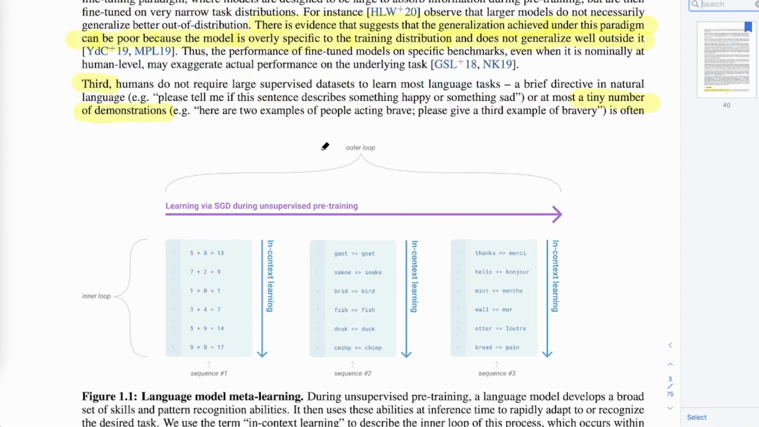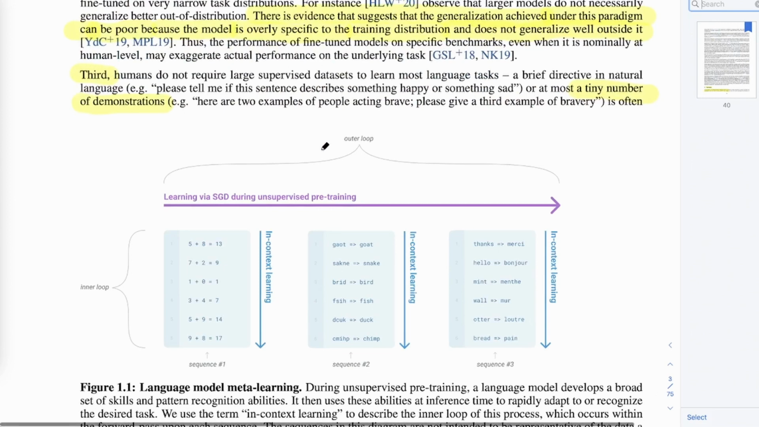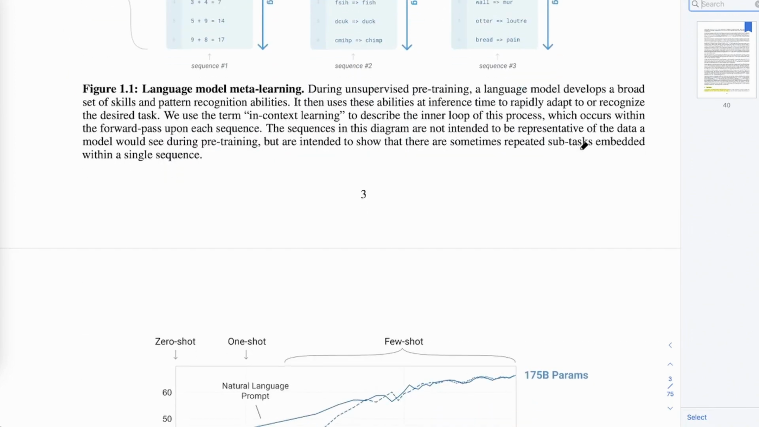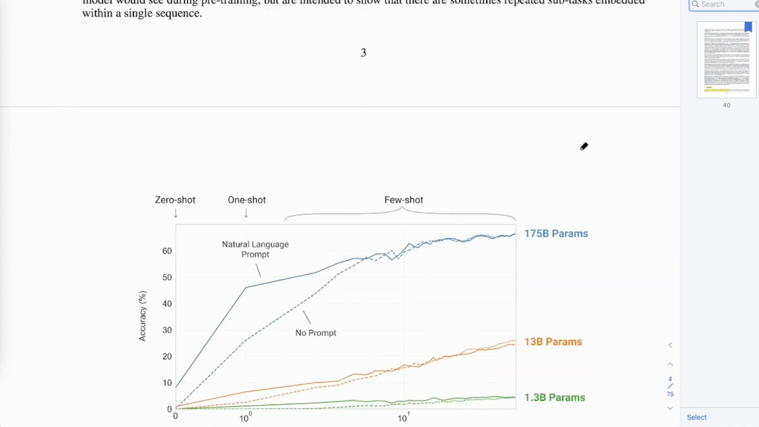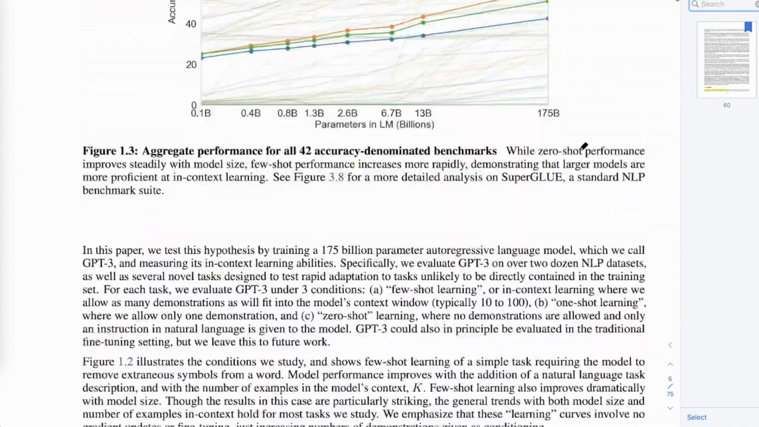And third, the argument is about humans against the machine. Humans can generalize well with a tiny number of demonstrations and don't need large datasets, and this is not really the case in deep learning. So what they are suggesting